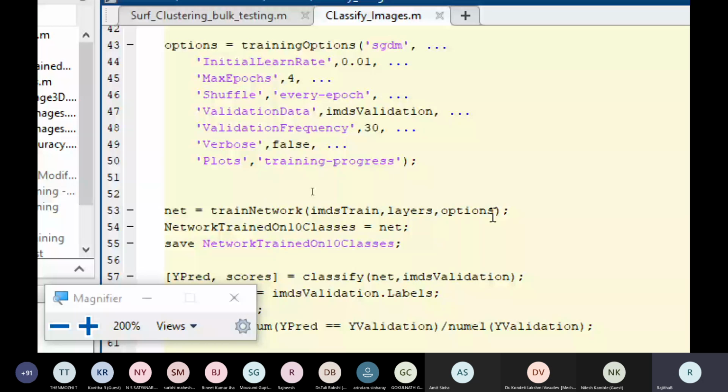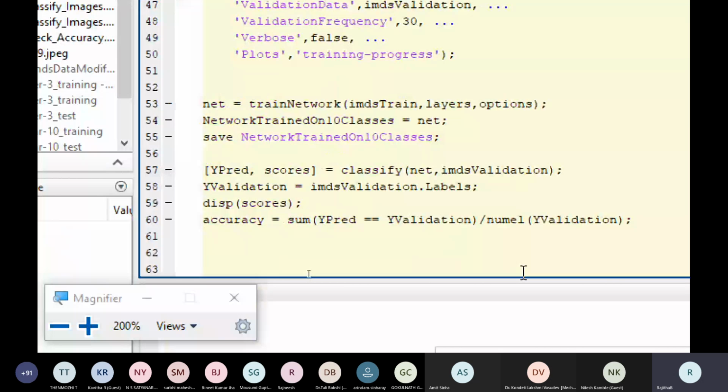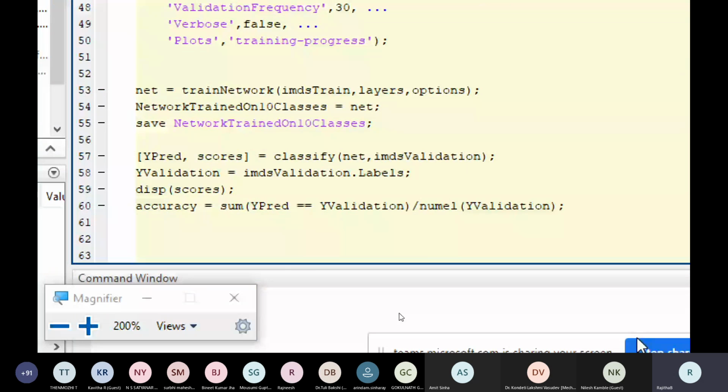So the model is trained and it is in the variable net. I'm saving it. This is the command to save this trained model. Once it is saved, you can use this trained model to classify images from any other data set. No need to work only on this particular data set. It can suit any other data set,